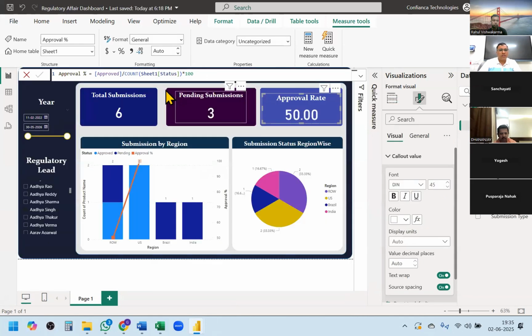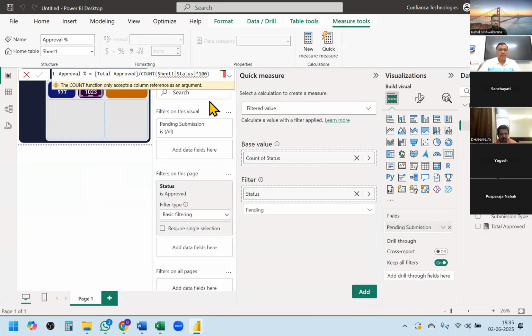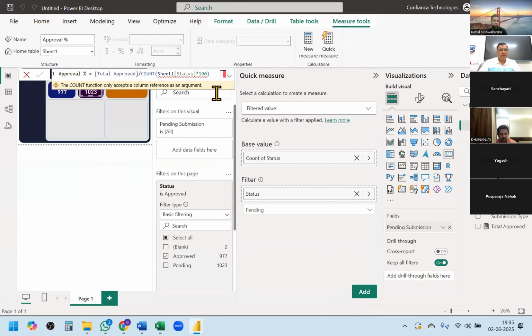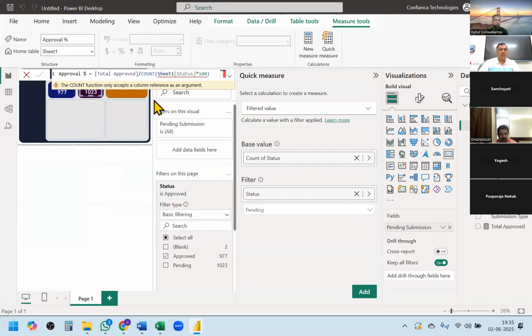Count sheet 1 status. Both are the same only. I don't know what is stopping here, but it should come as approved percentage. Let me just see what